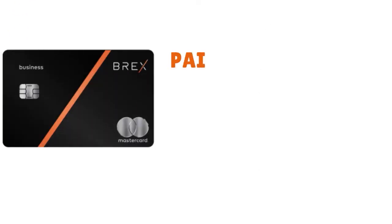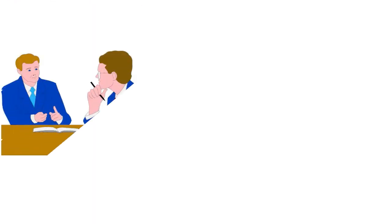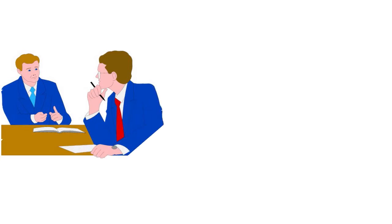Okay, now the Brex card has recently diversified things. So the Brex card comes in two varieties. One that must be paid off daily and one that lets you pay off once a month. So you'll be able to choose between these options when you apply for a Brex card, pending Brex's approval. And Brex determines an applicant's creditworthiness by evaluating the company's cash balance, spending patterns, and investors instead of the business owner's personal credit score. So if you have bad or fair credit, it doesn't really matter. They are paying attention to the business's